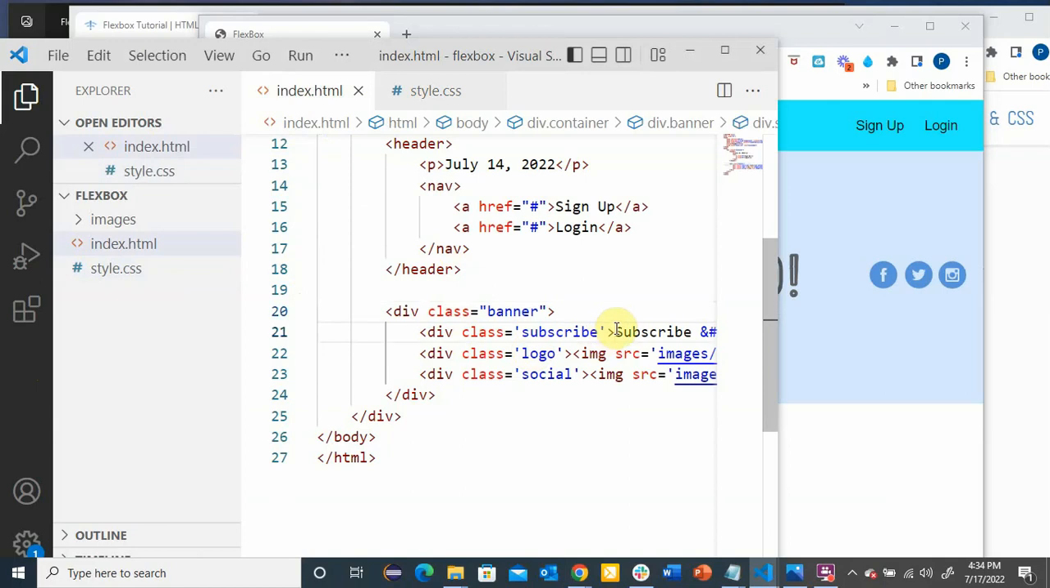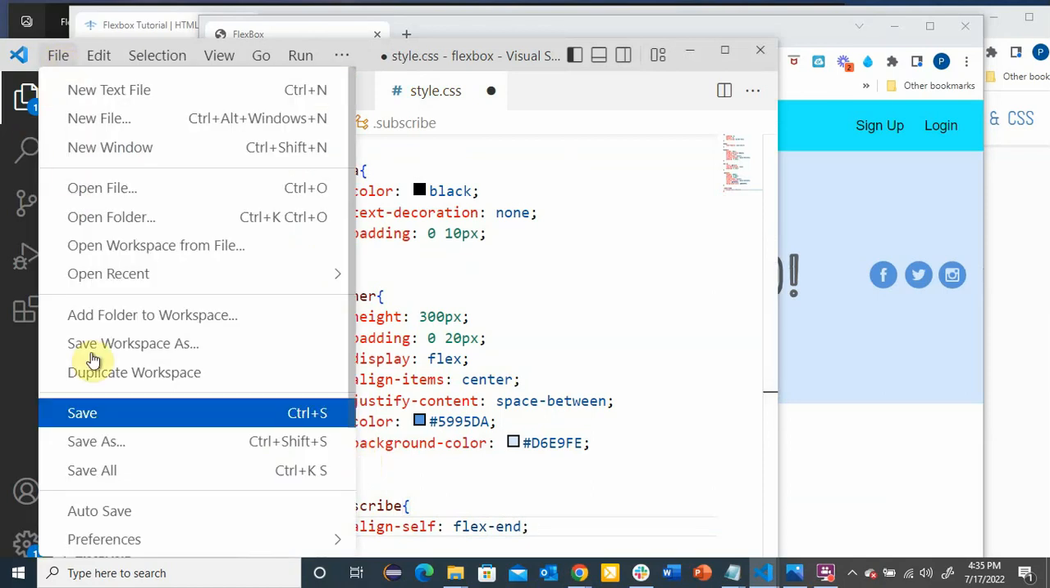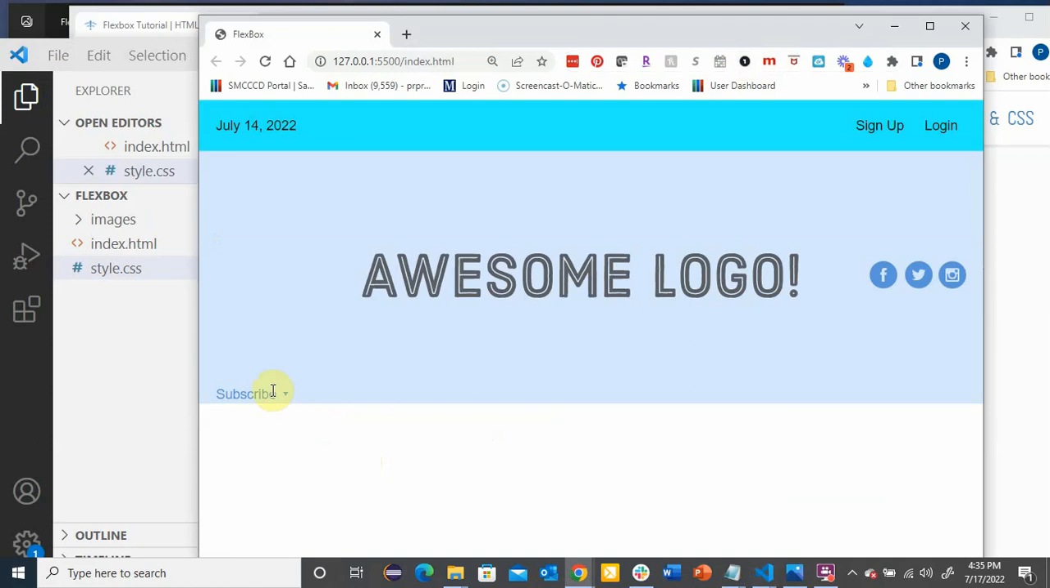Subscribe is one of the things that I want to do this to. So I'm going to target that class, subscribe. And if I do align-self: flex-end, so basically I have overridden what the default alignment for this is, and I've moved it down to the bottom,